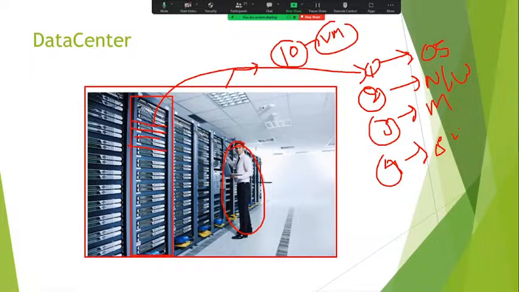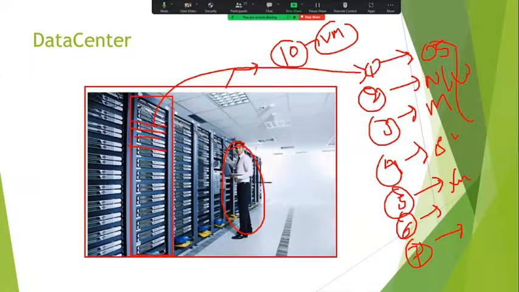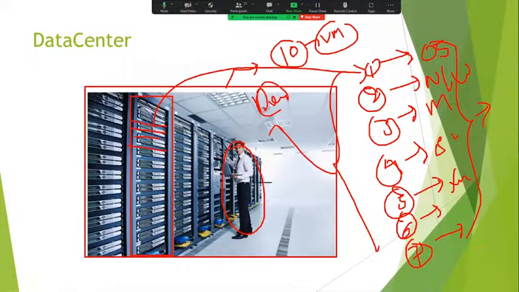Fifth step, we will configure the firewall rules. Sixth step, we will enable network security rules, virtual network rules, etc. Finally, we will verify whether all these servers are built based on the checklist or not. Once these servers are built, finally they will be handed over to the development team, or project team, whatever we call it. Now, to complete this process, it will take a minimum of 7 to 10 days.